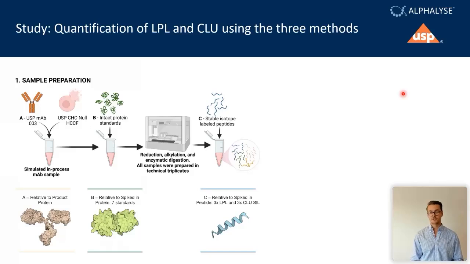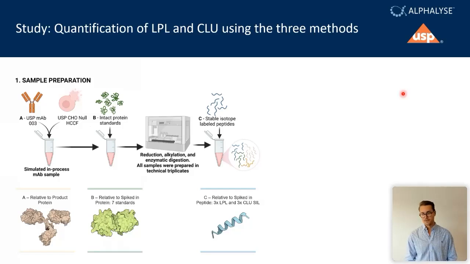Overall, good monitoring of high-risk whole cell proteins will help you avoid clinical trial setbacks and regulatory delays. So it's crucial to have a method capable of identifying and monitoring these whole cell proteins and others like them. To demonstrate this, we selected 2 whole cell proteins, lipoprotein lipase and clusterin, which are known to be high-risk impurities. LPL is known to degrade polysorbates, affecting biological drug stability, and clusterin is immunogenic and can have some severe immunogenic reactions. So these were quite important whole cell proteins to monitor. So we used them as a